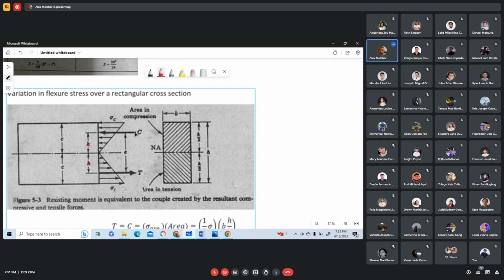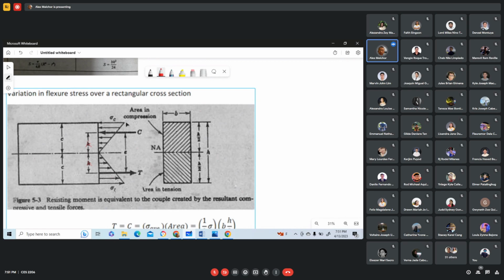Now, since this is an axis of symmetry, the compressive force here, the resultant compressive force, is also equal to this. By summing up forces horizontal equal to 0, C is equal to T. And the distance between them is distance E. So this resultant force C is equal to 1/2 of the maximum stress multiplied by the